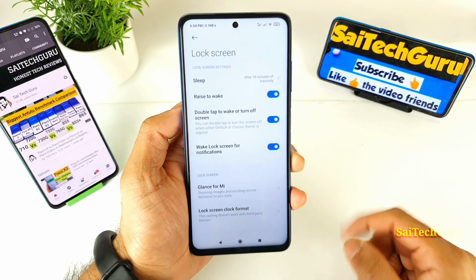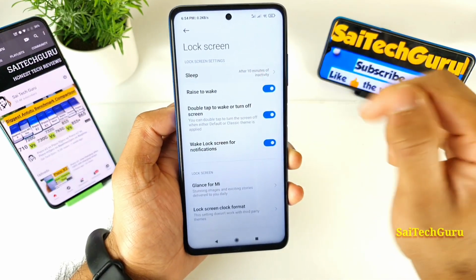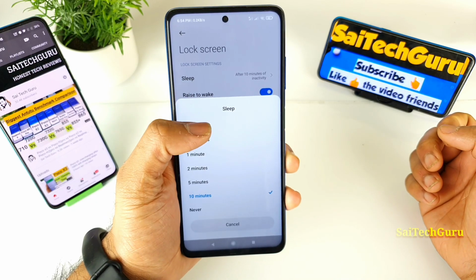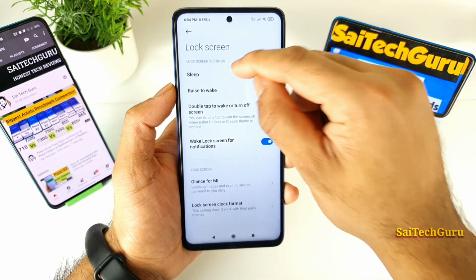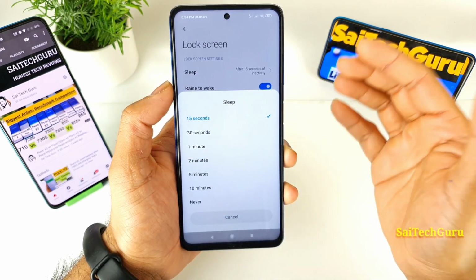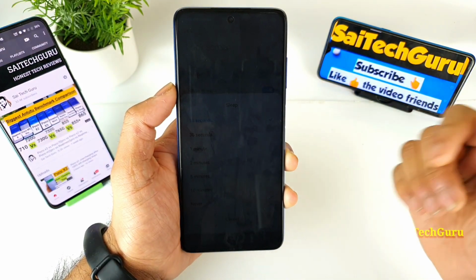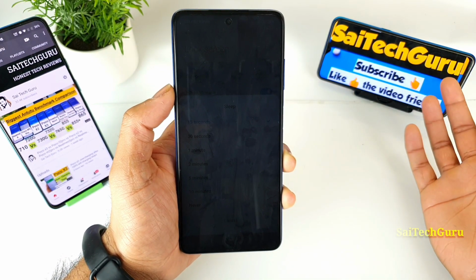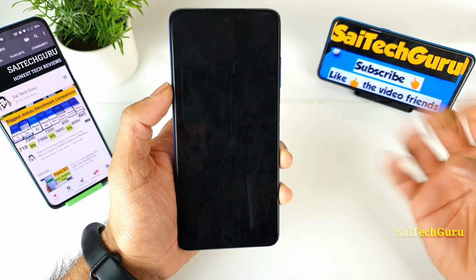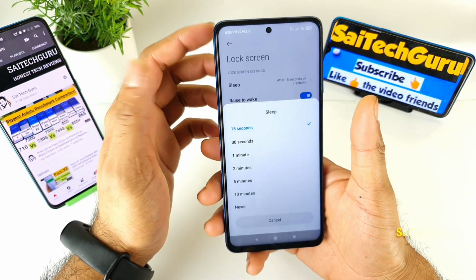Once you've done that, the first option you will be welcomed with is sleep mode, as you can see here, friends. Usually initially it will be around 15 seconds. So every 15 seconds the phone will get locked. After 15 seconds the screen will become a little bit dim, as you can see here, and then after close to 5 to 10 seconds the phone will automatically get locked. So usually I won't prefer to use the 15 seconds.